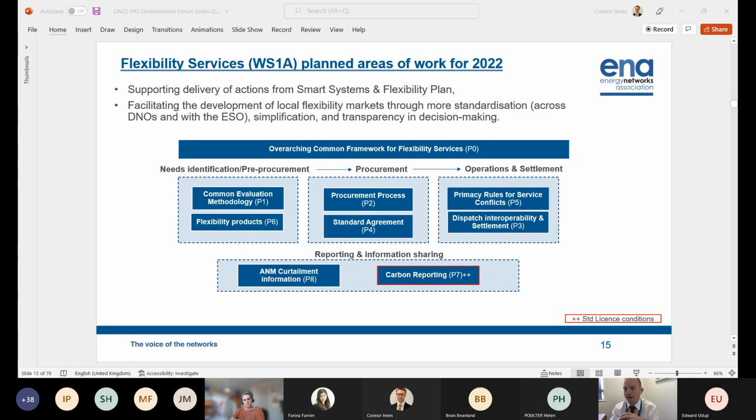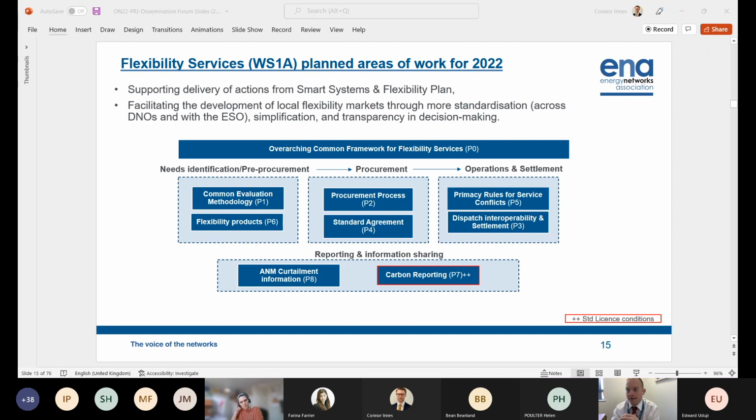So there's a number of different pillars within Workstream 1A. Looking on the left hand of this slide, we've got the needs identification, the pre-procurement phases. So this relates to P1, product 1, which is the common evaluation methodology. This is a very transparent and deterministic tool that enables conventional reinforcement to be compared against flexibility options, and a full Ofgem compliant CBA can be